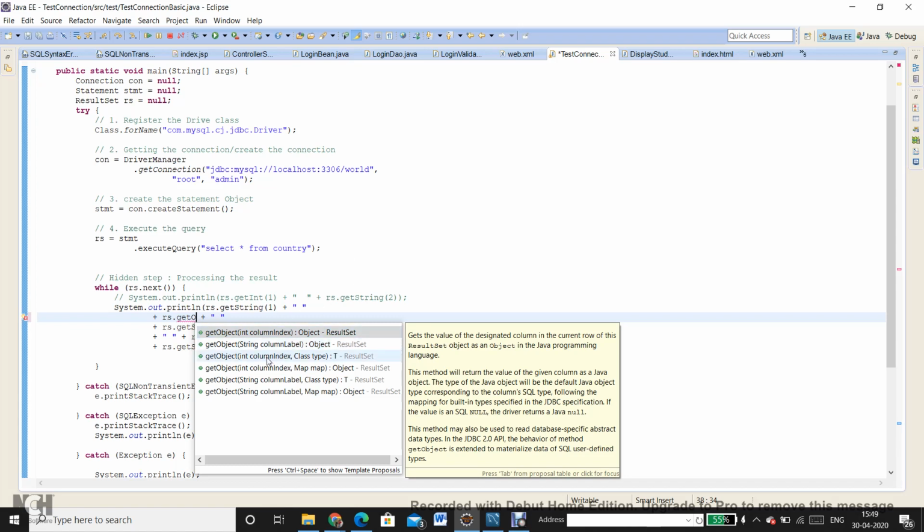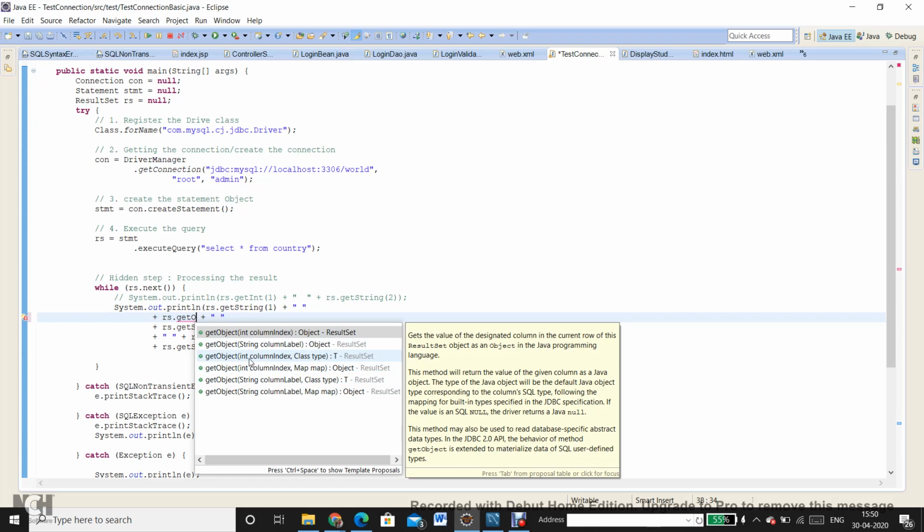Here is another getObject method, if you can see, which takes a column index as well as a class type, and for the similar overloaded version, you will get string column label and class type. This is basically when you get the object, you would otherwise have to cast it back, but here you specify the class type.